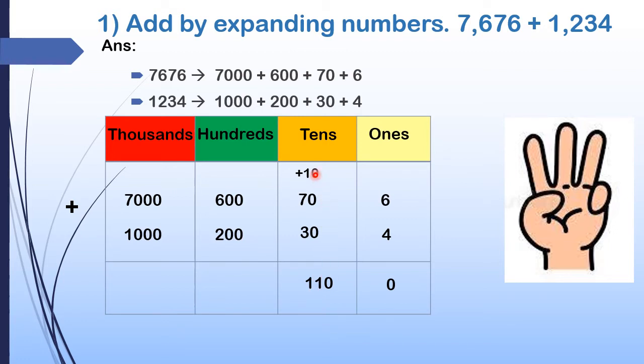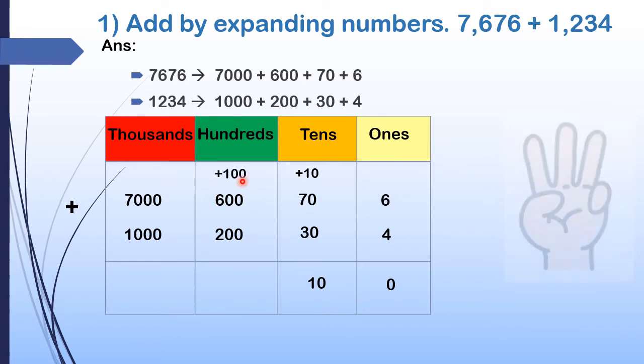Okay. Because all the three numbers have 1 0. So we have to add 1 0 in the answers also. Okay. Now this is tens column, but here we got 110. Here we got 100 also. No? So we have to carry over this 100 to the next hundreds column. So here write 10 here, then carry over 100 to the next column. Now we have to add these three numbers. What is 6 plus 1? 7. What is 7 plus 2? Keep 7 in your mind, 2 in your fingers. 8, 9. So 9, then 2 0, 900.